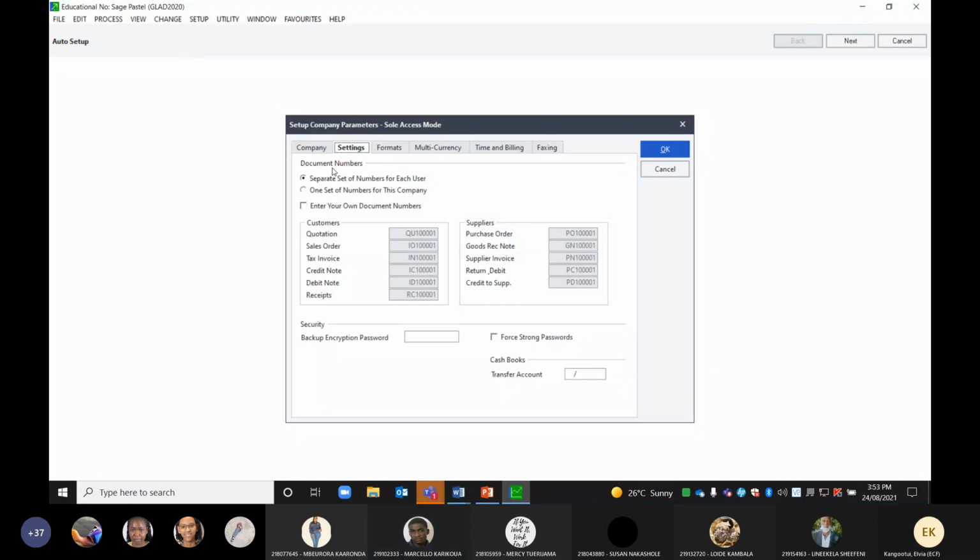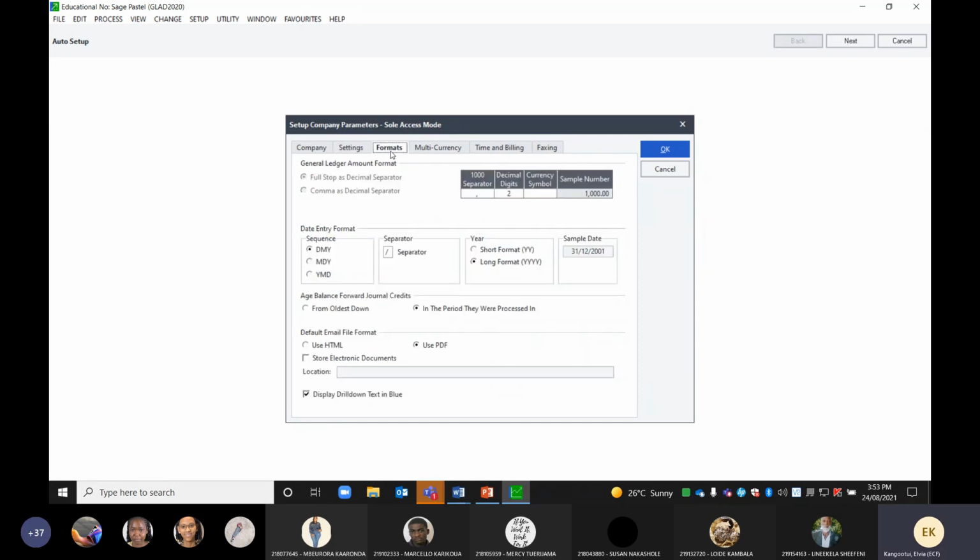Now, with the settings tab, you select here, it says document numbers. You select one set of numbers for this company. That's the setting that you do for now. Later, we'll do this setting here, which says cash book transfer account. Once we are going to do the cash book processing, we'll do a setting here. For now, we'll leave it out. Then formats. Now with formats, number, currency,